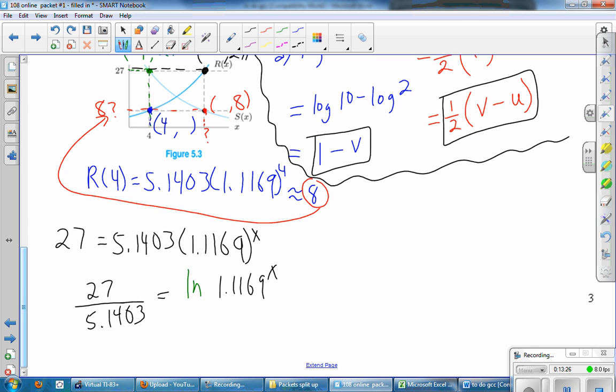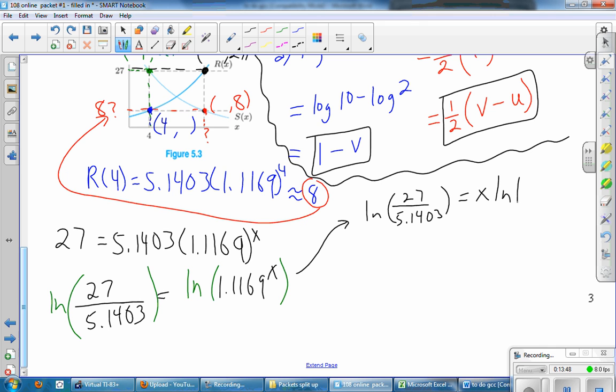I'll use ln. You could use any log that you want, but really the only two reasonable choices are ln or common log. And then we get to move that x to the front. So, ln of this stuff, x comes down to the front. And then finally, to solve for x, we'll divide by the ln of 1 point stuff. So x equals